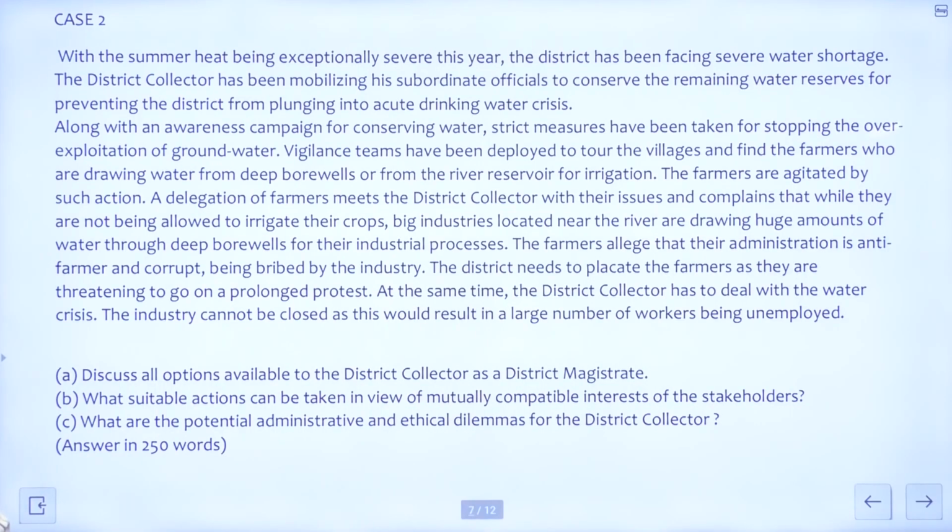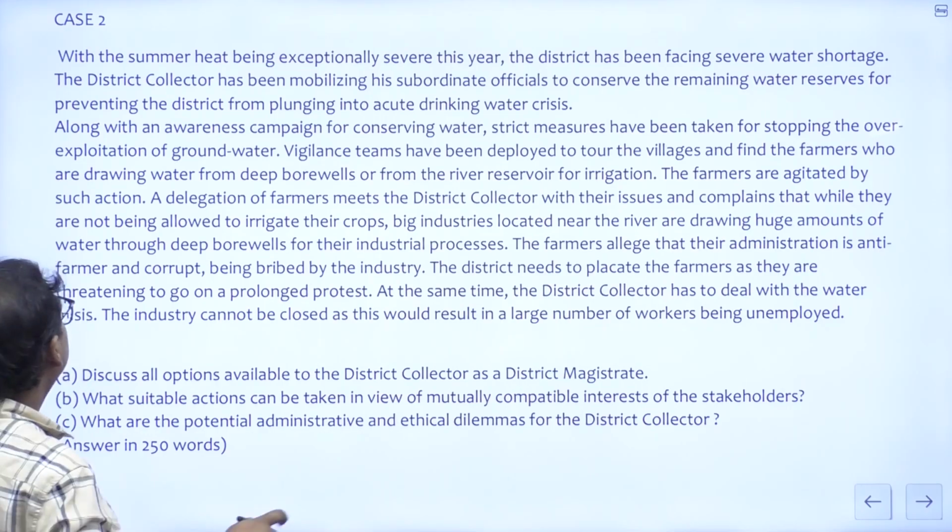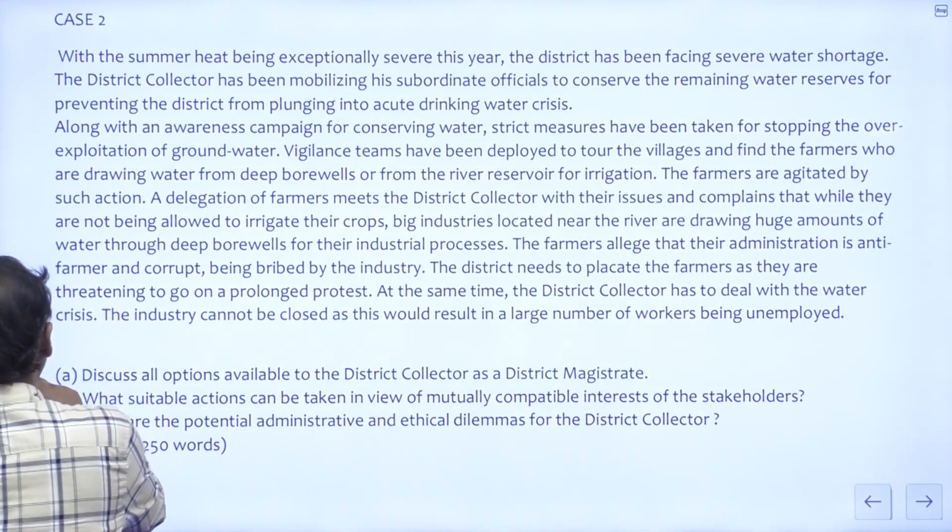Okay. Read this case. Just take time and read this case. Aram se padhiye because this is a bit tricky. Okay. So again, what is our job? Underline the stakeholders and issues. एक साथ कर लेते हैं जल्दी से, ठीक